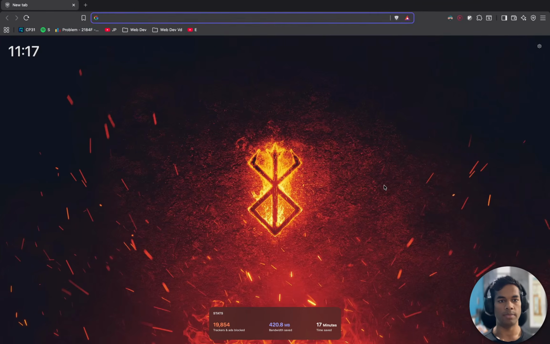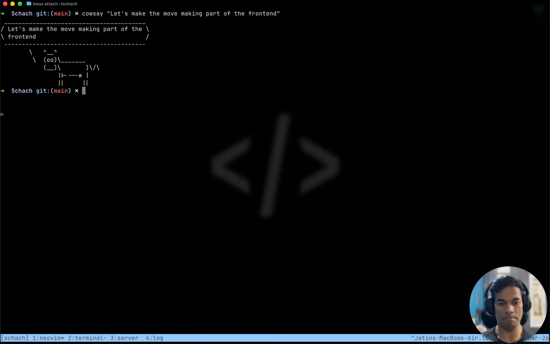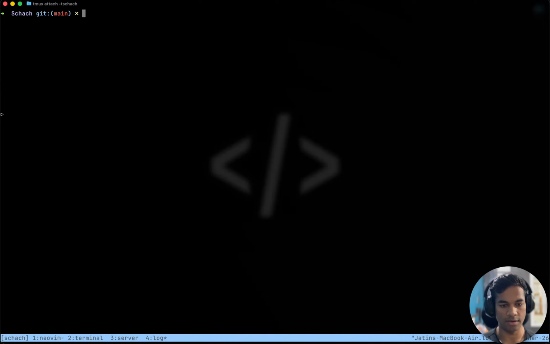And cool. So we can begin, and today we have to make the front end. Okay, another terminal is required here for the server back end, let's say.